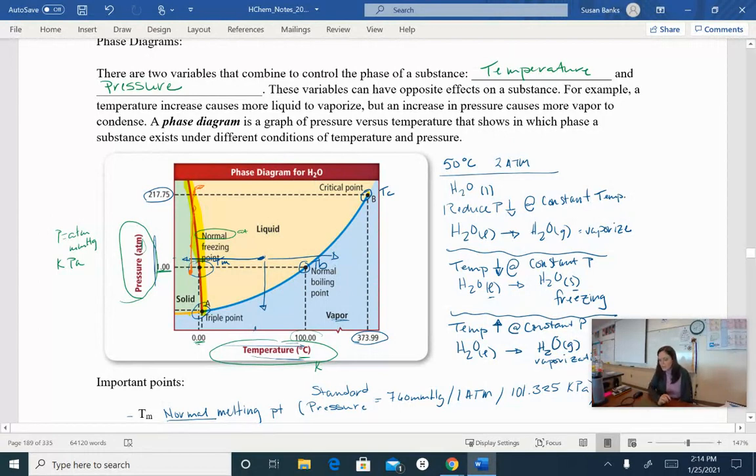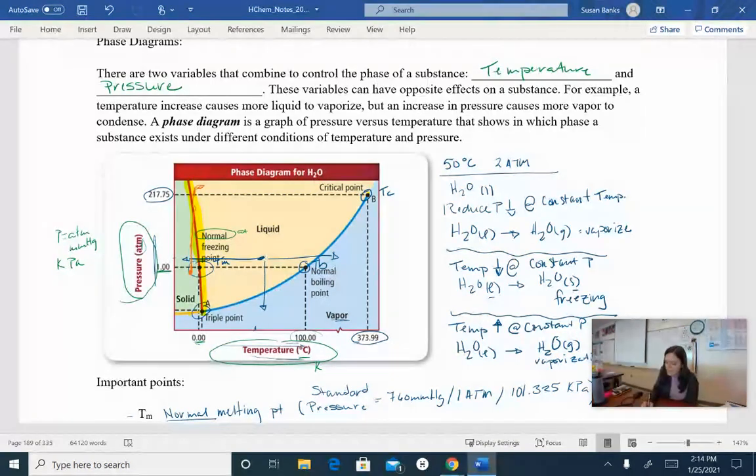And we capitalize on that when we ice skate, and we talked about that a lot. This backwards, barely backwards, leaning line between the solid and the liquid phase definitely shows that the density